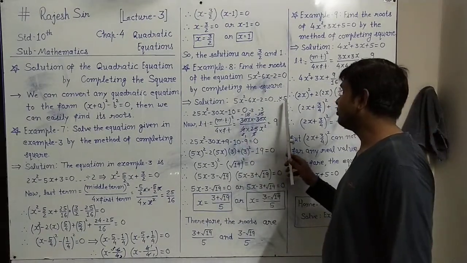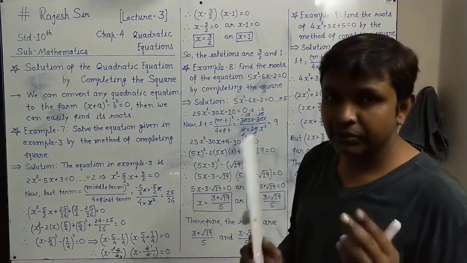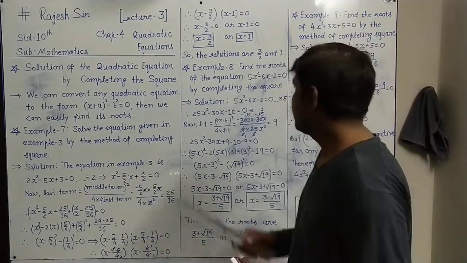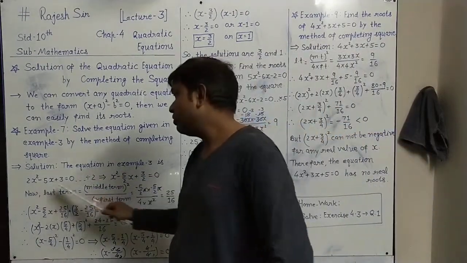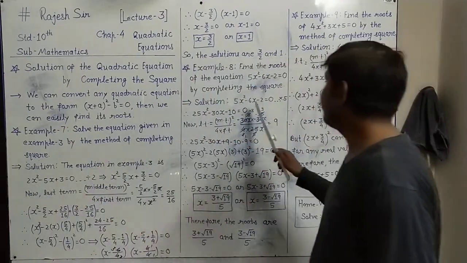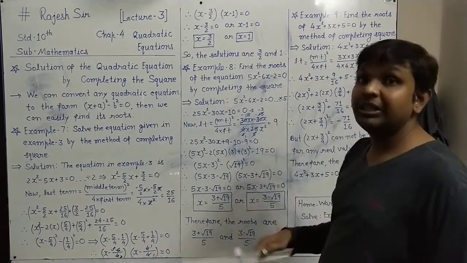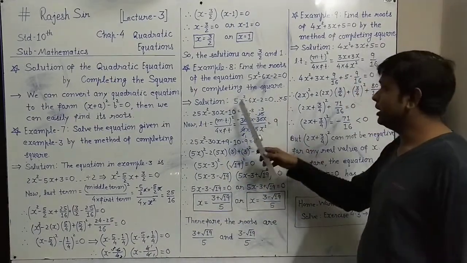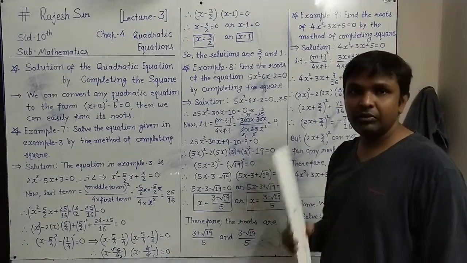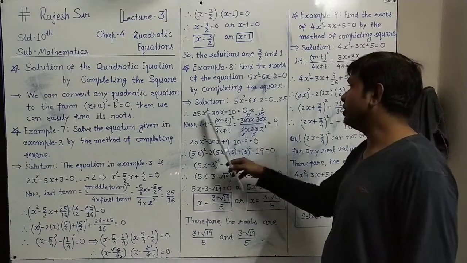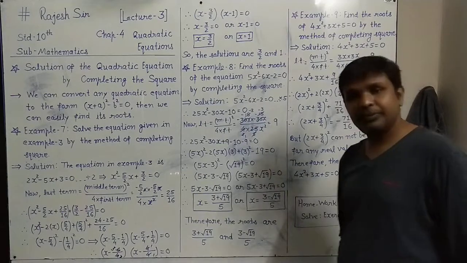If I multiply by 5, then it will be 25x square, and 25x square can be written as 5x the whole square. That is one thing we can do, and the other thing which we did earlier, dividing by 2, here we can do dividing by 5. This time we are multiplying by 5 and seeing what happens. If you multiply 5 in the equation, each term will be multiplied by 5. So it will be 5 5s are 25x square, minus 5 6s are 30x, minus 5 2s are 10, equal to 0 as it is.